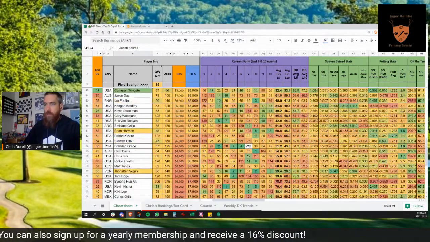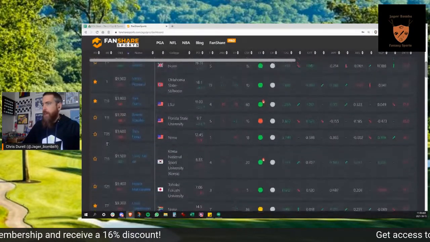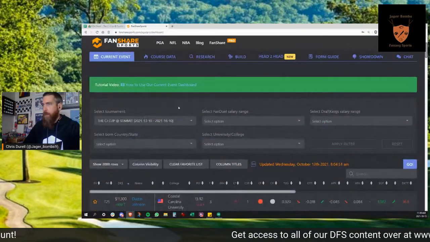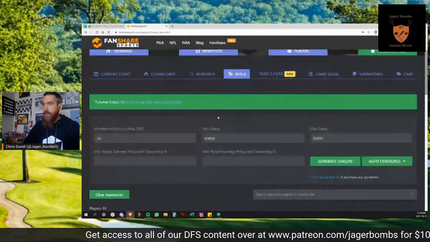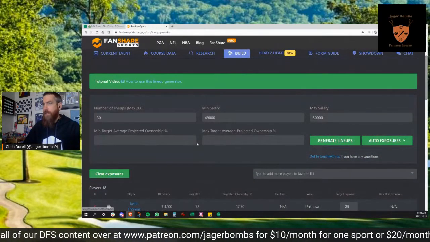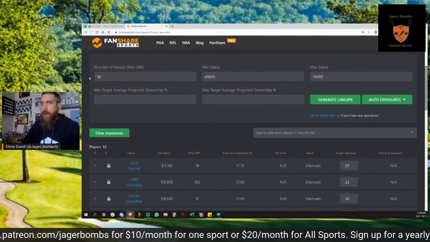So I've highlighted all those players. I've starred them over here on FanShare, and then once you're done starring all the players that you want, that builds your player pool. You come up to the top and you click on build, sends you over to the optimizer screen. They do have a great tutorial here as well. If you want to go check that out, it sends you over to their YouTube channel. But what I'm going to do, I got 20